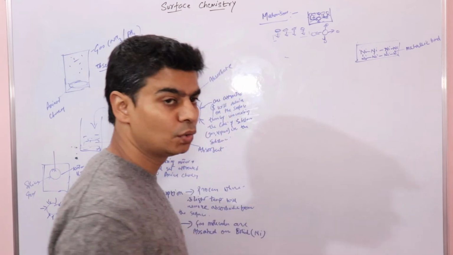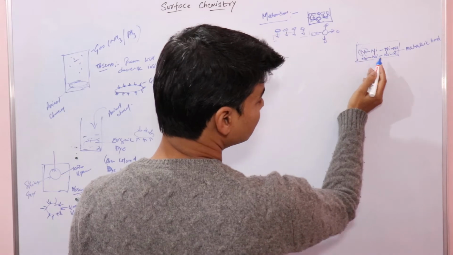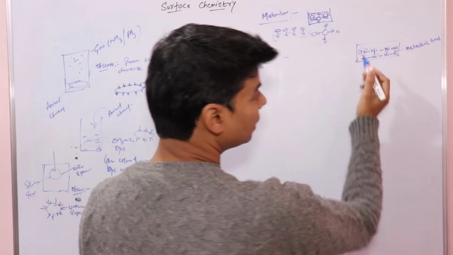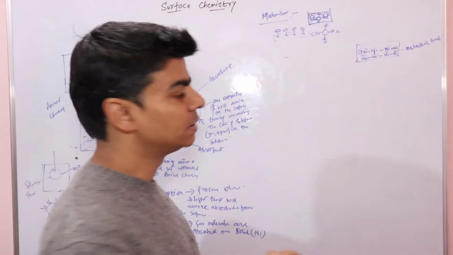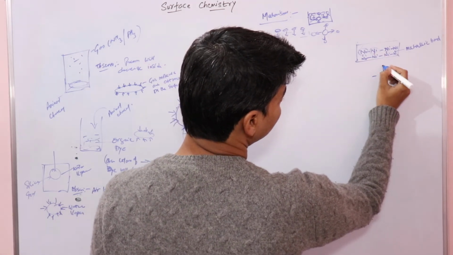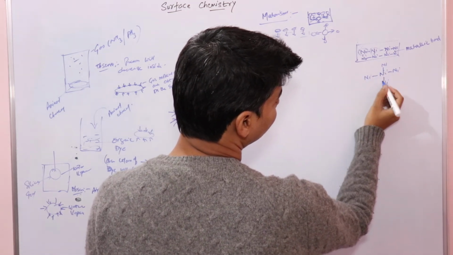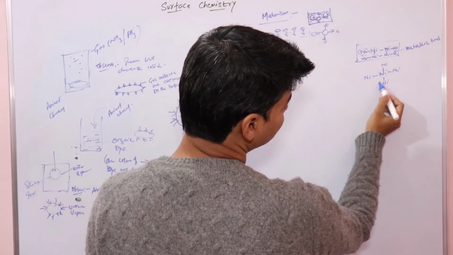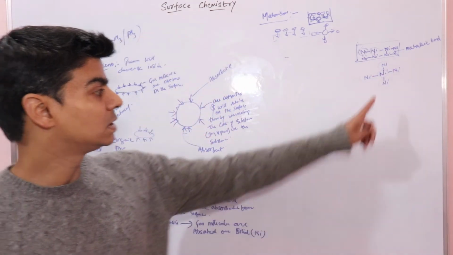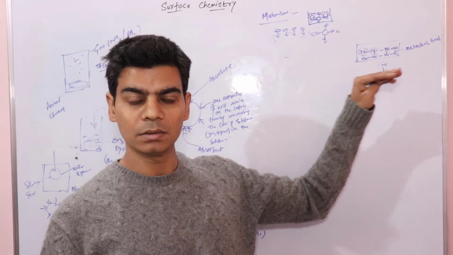That is a bond between two metal atoms. Due to these bonds, the nickel atom which is in the bulk of this solid would be attracted by other nickel atoms from all sides, right? So this nickel atom which is inside would be attracted by the neighboring nickel atoms due to the metallic bond between the nickel atoms.